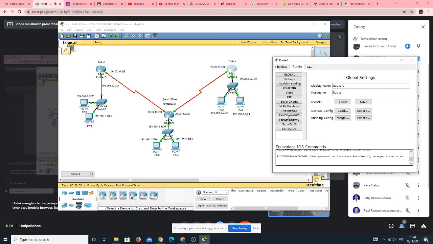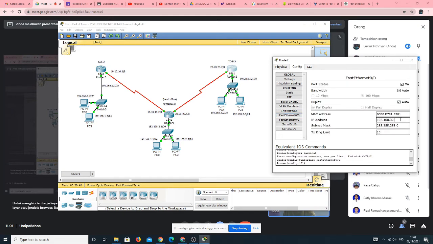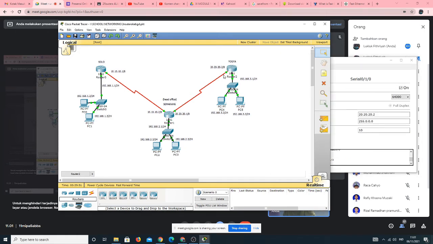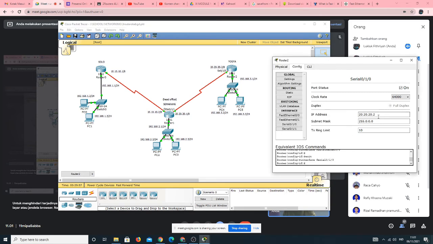Config, of course, FA0/0 with the IP 3.1, and then the subnet mask, and then serial. The serial of Jogja is using 0/1/0 ya, with the IP 30.20.20.2 and the subnet mask.